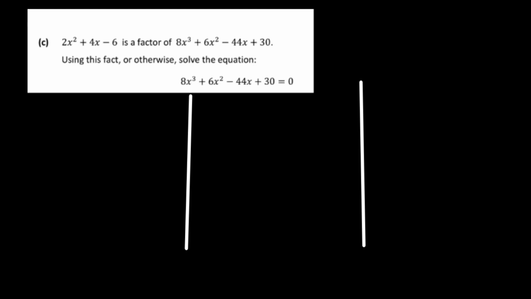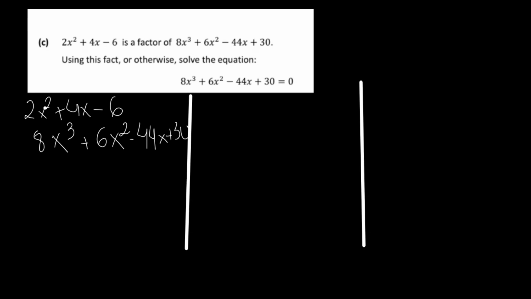So I am going to write the given here: 2x squared plus 4x minus 6 is a factor of 8x cubed plus 6x squared minus 44x